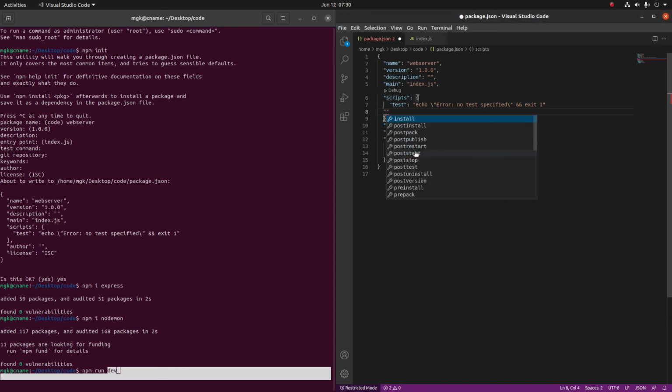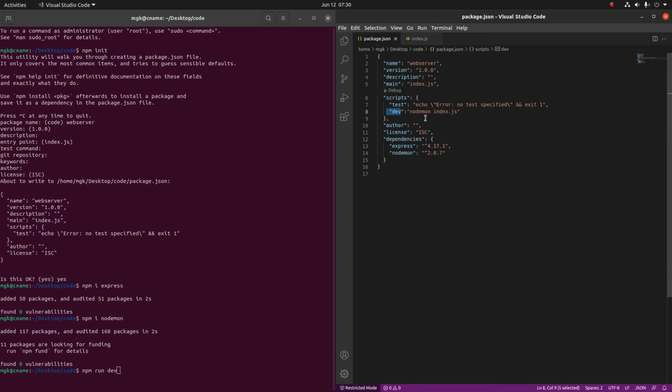We'll introduce a key called dev, and this dev will alias to the command nodemon and then index.js, which is our entry file. So this dev points to that command, which in turn will run it.